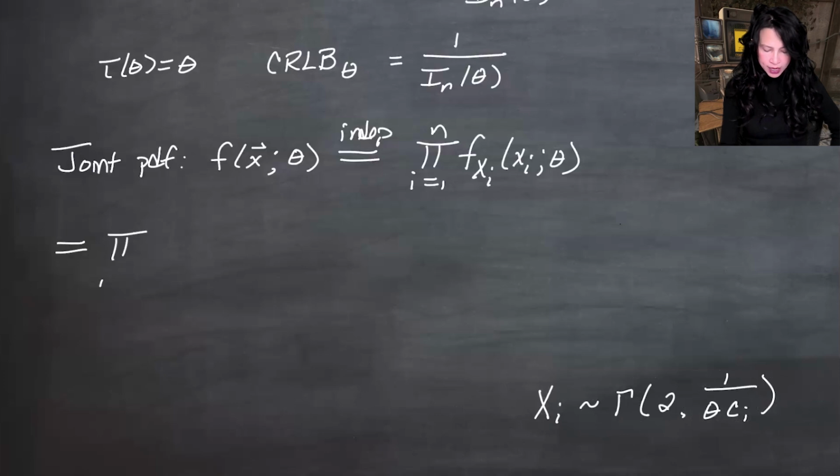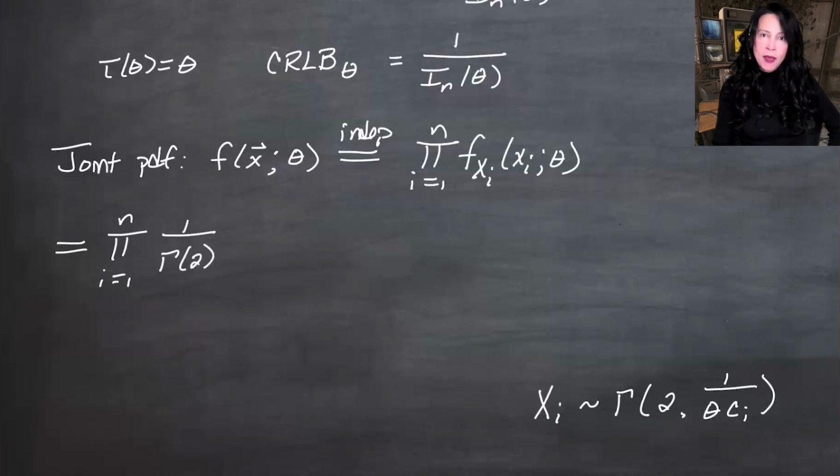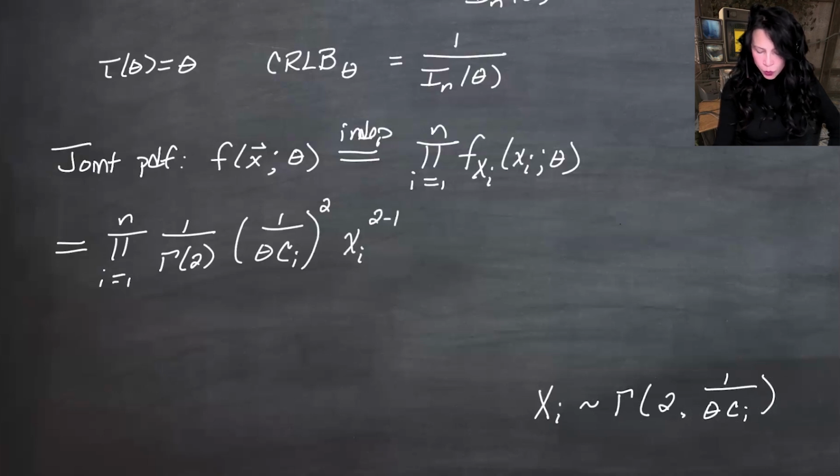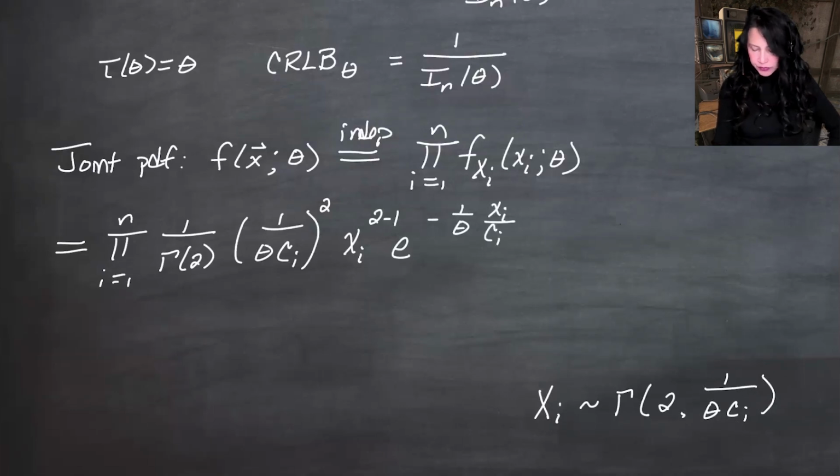This is the product as i goes from 1 to n, 1 over gamma of alpha, which is gamma of 2, beta to the alpha, which is 1 over theta ci to the 2, xi to the alpha minus 1, e to the minus beta x. So e to the minus 1 over theta, xi over ci, and then an indicator if you like,